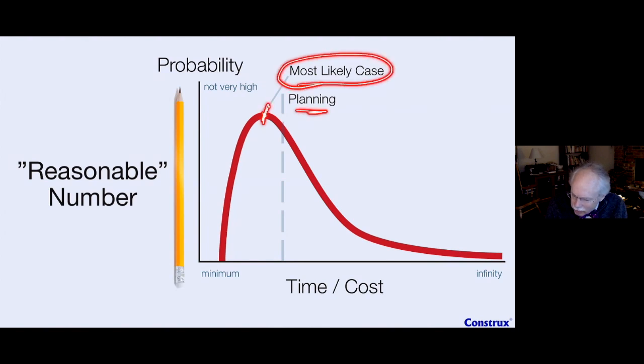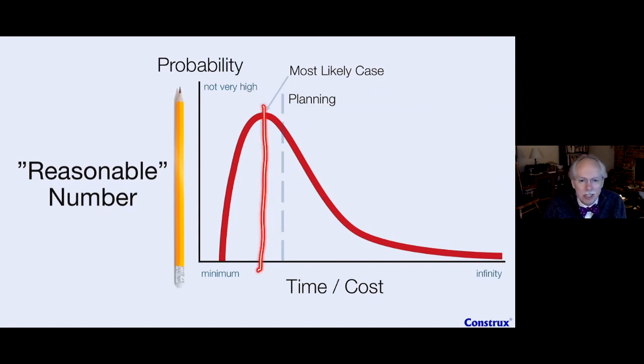But if I start here, you notice that we're not getting a good even 50-50 at that point, right? We're getting 35, 65, 40, 60, maybe something like that. We're not getting the full 50-50 even good odds. And that might be just a little too pessimistic, a little too harsh on the team. Because it's like, well, if I use this number, we'll never hit any of the dates hardly ever, and everyone's going to get depressed, right?